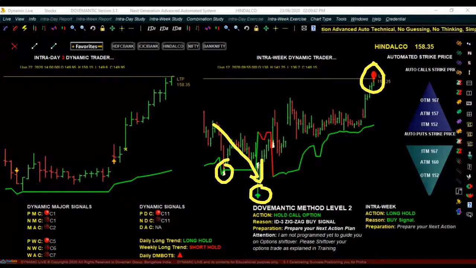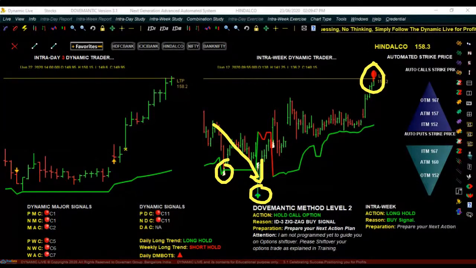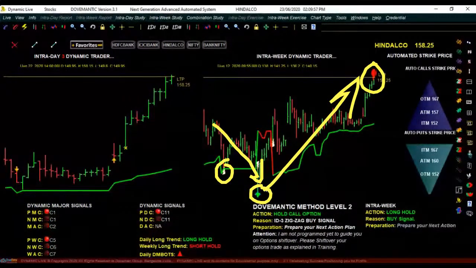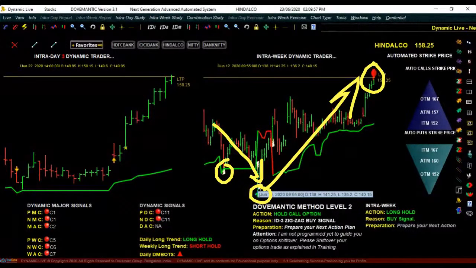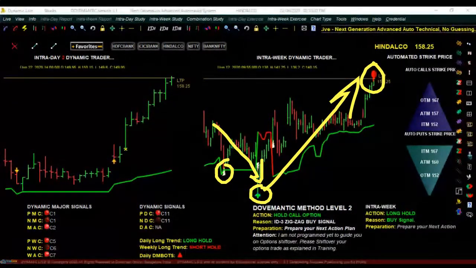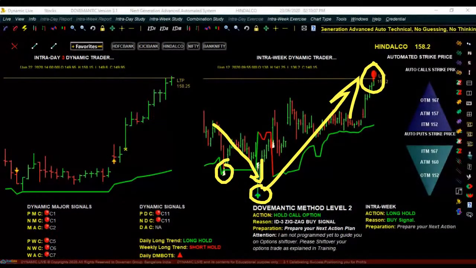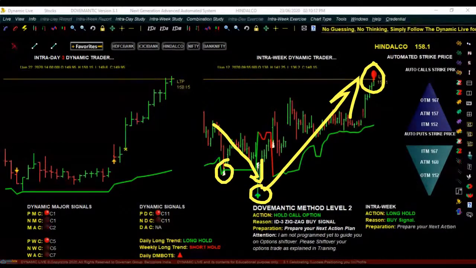So when you know that, you will be able to exit your trades with maximum profits very early. And not only that, you will also be able to take the long position very early, close to the bottom itself, and you could have captured the complete up movement. When I'm talking about this bottom in this stock, it is the 136 rupees 20 paise low made on 12th June, and from there it is now trading at 158 rupees. We're literally talking about a 22 points movement. Out of these 22 points, at least you could have captured 18 points